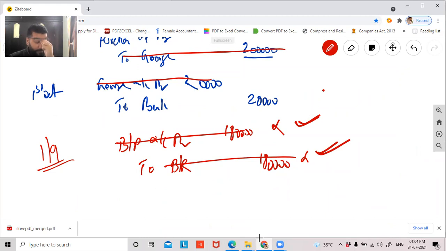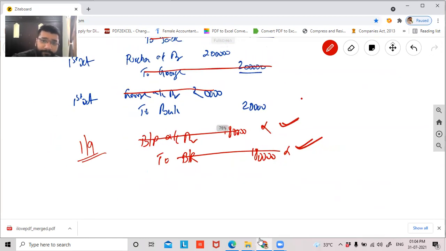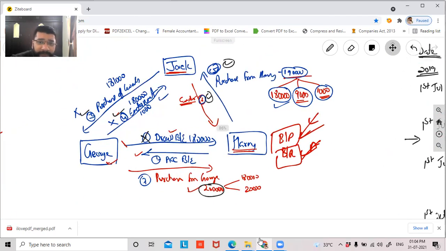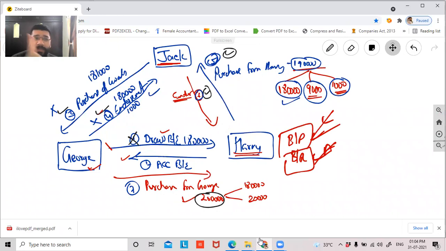Yes, sir. Others? Yes, sir. Okay, not okay. Okay, sir. I hope all of you have noted down the diagram, because this diagram will help you understand the order and sequence in which you have to make the journal entry. This question, guys, if you work out twice by yourself, you should be comfortable.